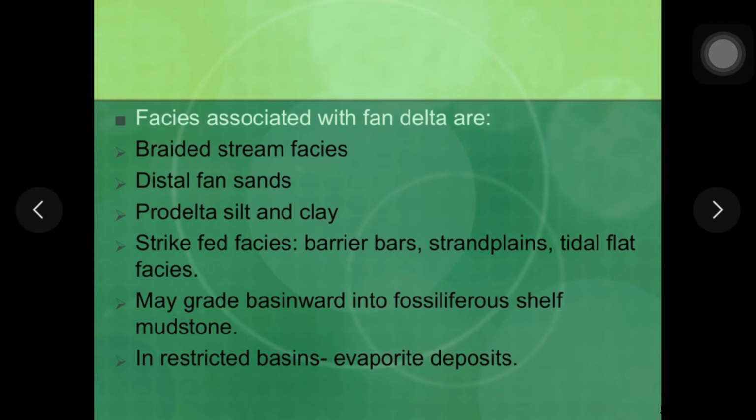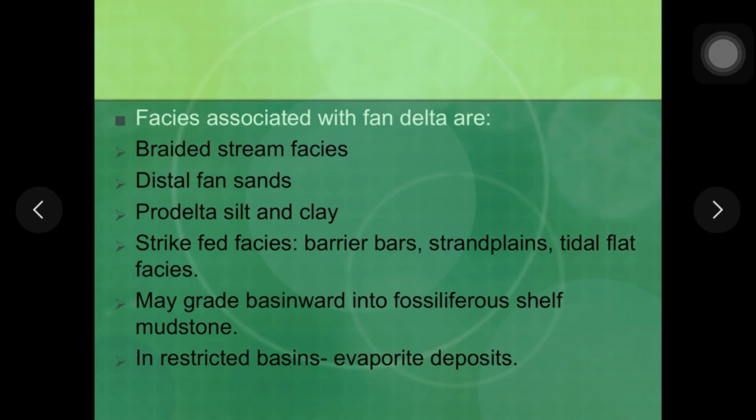So what are the phases associated with fan deltas? When a fan delta is tide dominated, you will see the presence of tidal flats or tidal inlets or strand plains close to the fan delta. If a fan delta is wave dominated, you will find barrier bars, lagoons, and other features associated with the wave action.